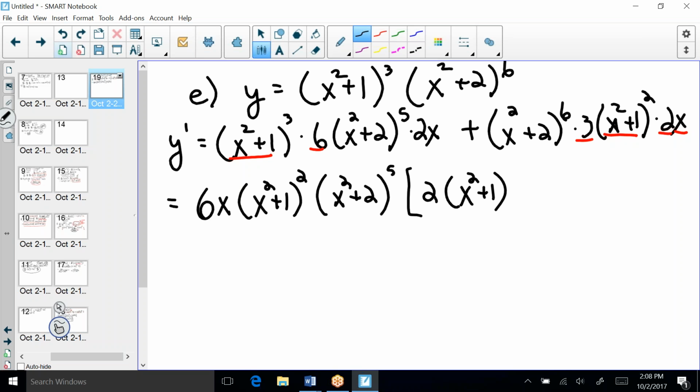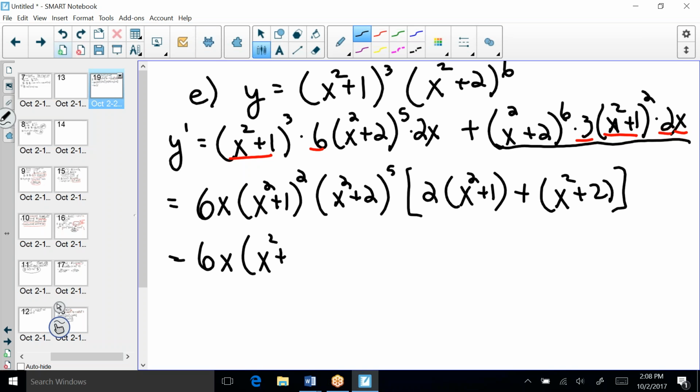And then for the second term, looking at all of this stuff here, what we have left over, we have the 6x covered, x squared plus 1 squared is covered, and then we have one of the x squared plus 2's left, plus x squared plus 2. All right, so let's completely factor this. So we have 6x times x squared plus 1 squared times x squared plus 2 to the fifth power times,